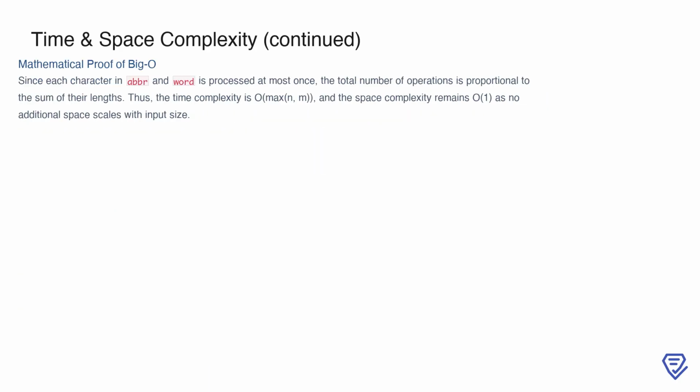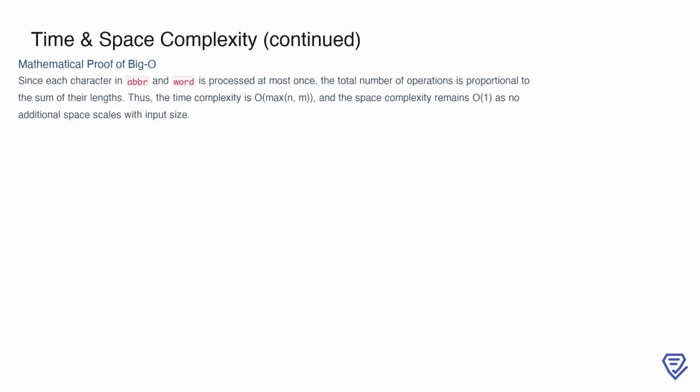Finally, let's solidify our understanding of the time complexity with a simple mathematical proof. Since each character in ABBR and word is processed at most once during the traversal, the total number of operations performed is directly proportional to the sum of their lengths. This means that the time complexity is O(max(n, m)), as the algorithm scales with the larger of the